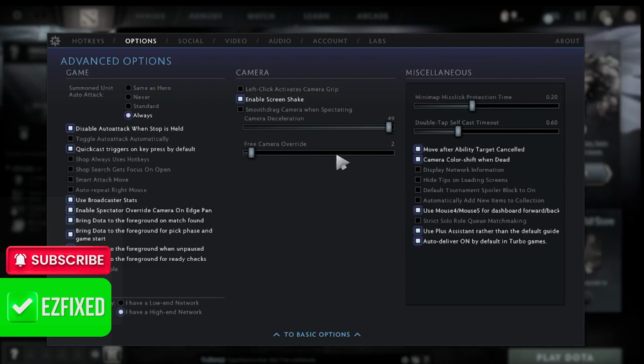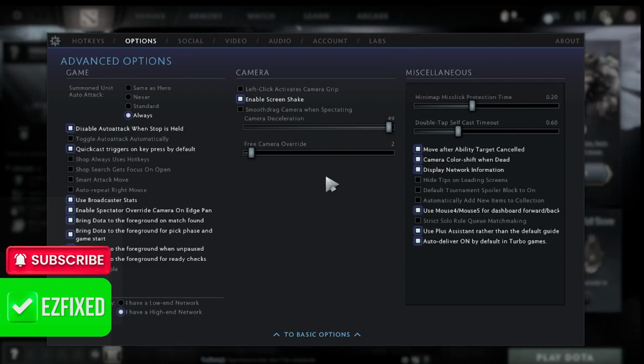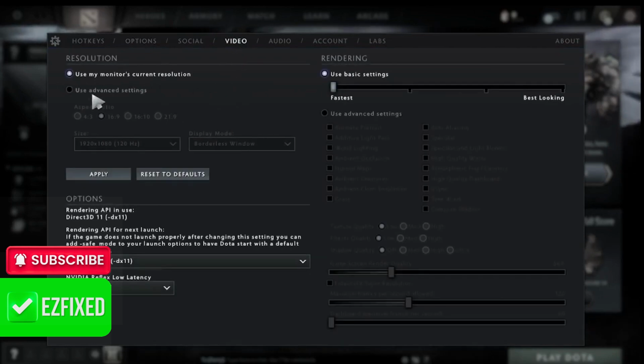And then another thing I'd like to check here is this display network information, as this is going to give us some important information like FPS, and it's going to give us an indicator of how fast our game is running. Then we can come over to the video tab, and for most of you, you want to keep